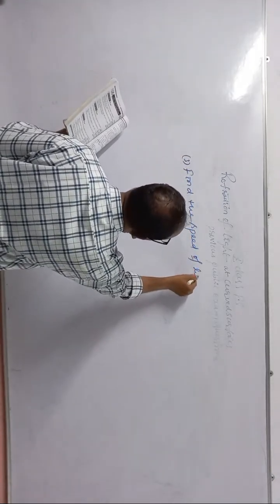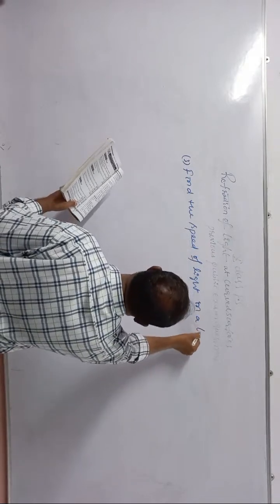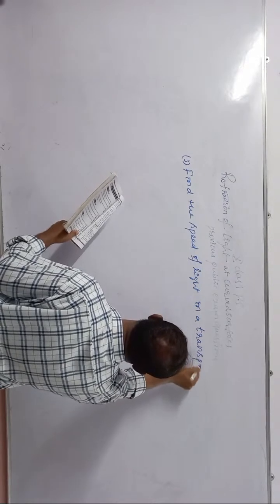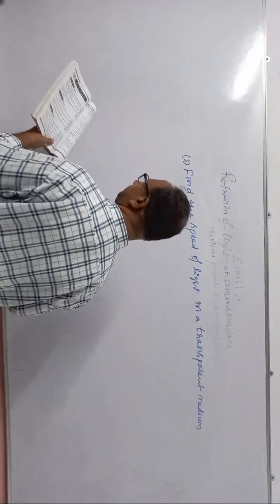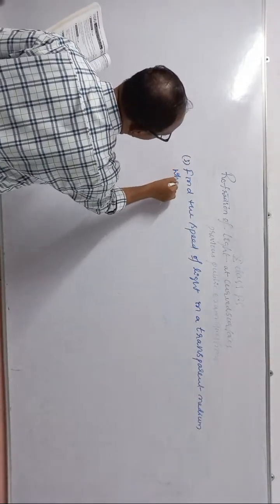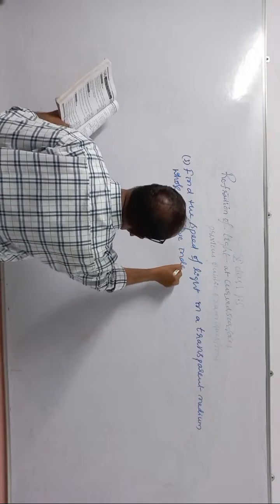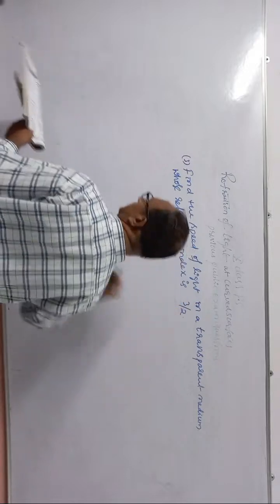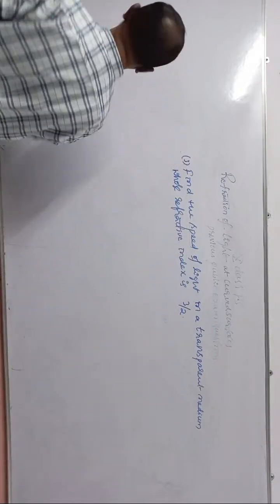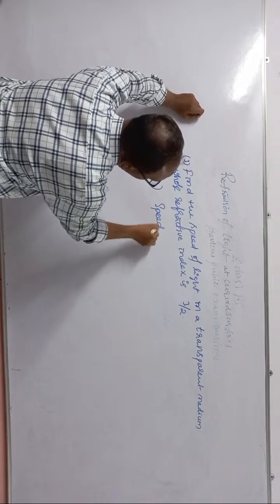Find the speed of light in a transparent medium whose refractive index is 3/2. So this is the 2016 question. We want to calculate the speed of light